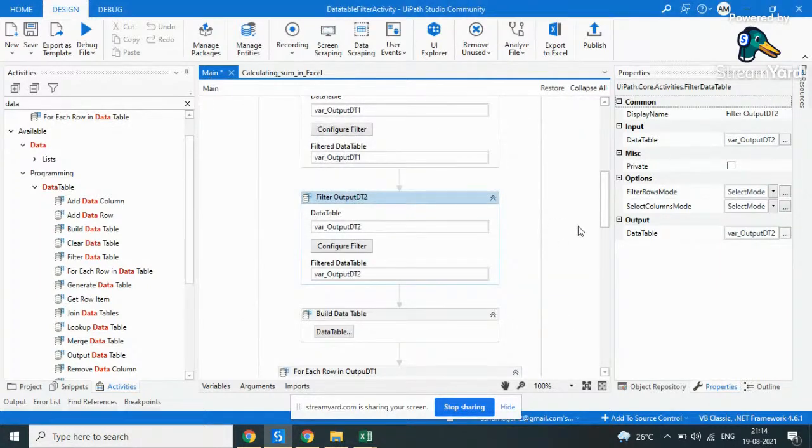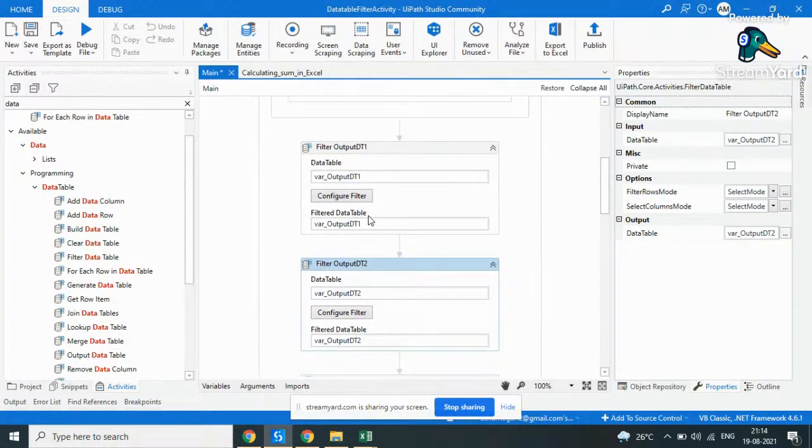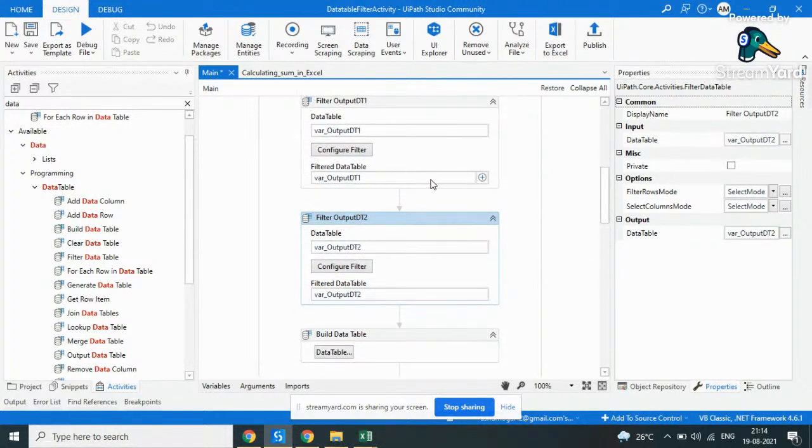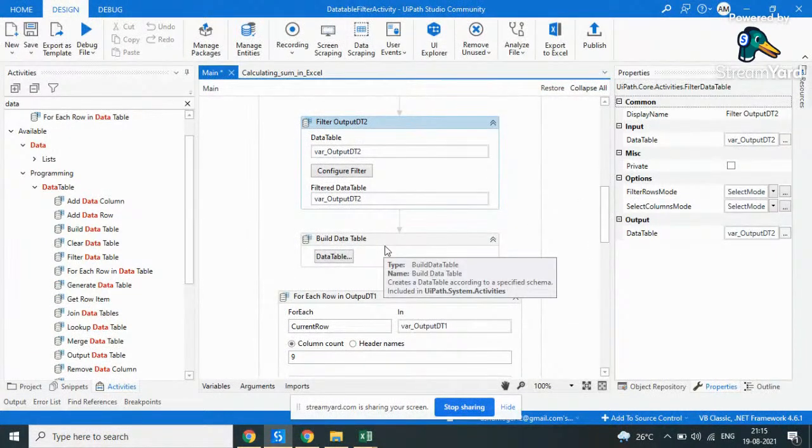After filtering both the Excel sheets, we have got the filter data in a variable called where output dt1. Now both the variables have the filter data: from one sheet we have the filter data in where output dt1, and from another sheet we have filtered the data and the output is in where output dt2. For making these two variables' values into a particular output, after reading both from the read range activity,